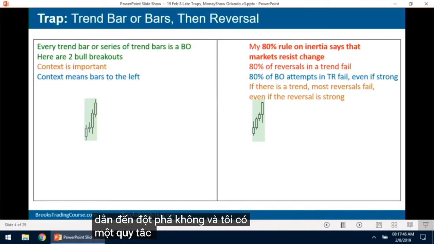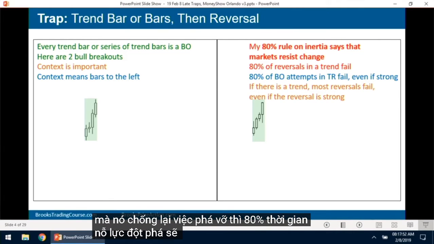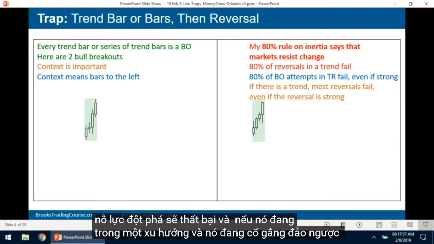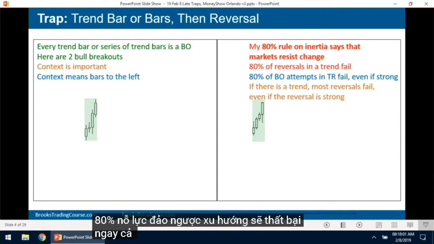I have a rule: if the market's in a trading range, it resists breaking out. 80% of the time, breakout attempts will fail. And if it's in a trend and it's trying to reverse, 80% of trend reversal attempts will fail, even if the reversal attempt looks very strong. Now look at the two charts. On the left,